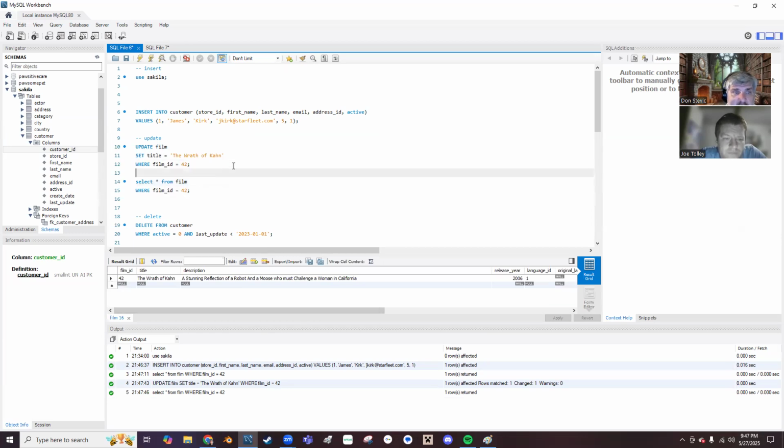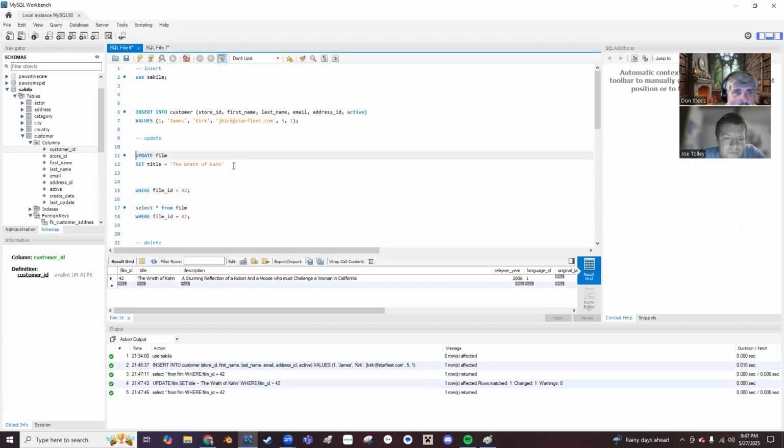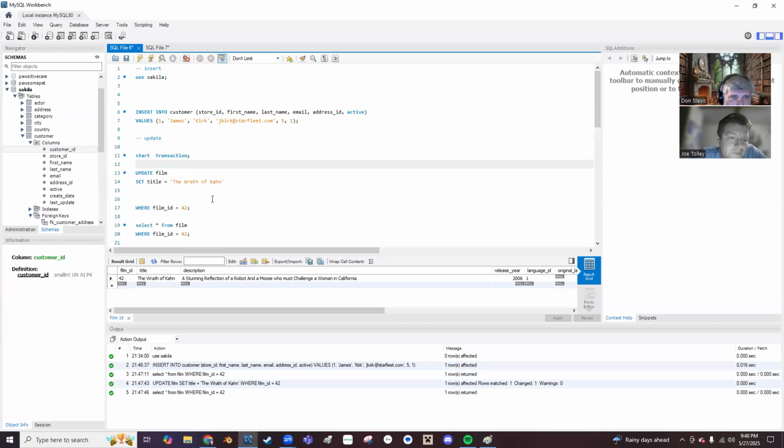But I almost did a really bad thing here. I almost ran an update without a filter. So if I ran this on its own, it would change everything to the Wrath of Khan. So here's a thing I should talk about later. I don't usually talk about this until week 9 or 10, but here we go. Start transaction. This is a very, very powerful thing, and I don't normally talk about it here, but I'm going to. When I run this,